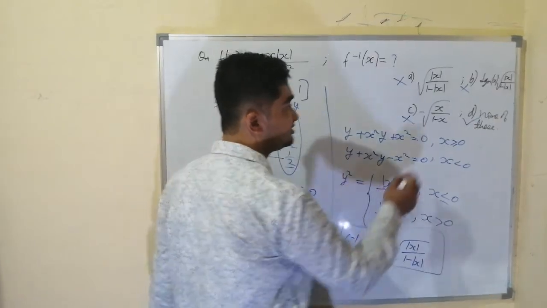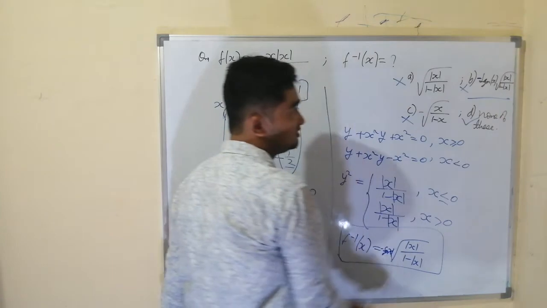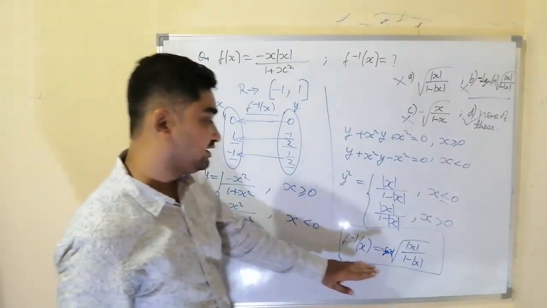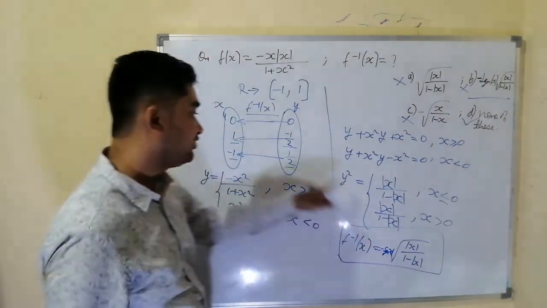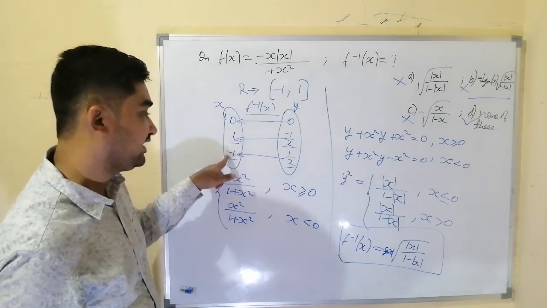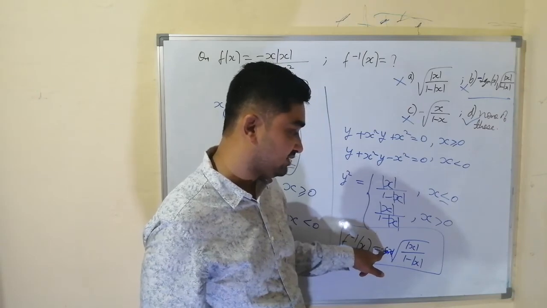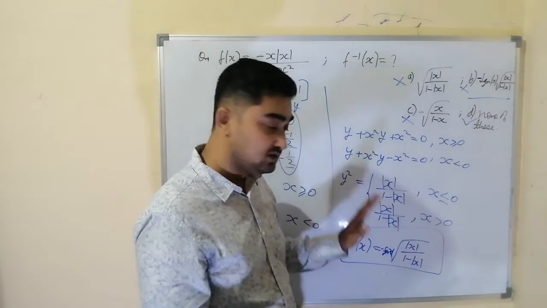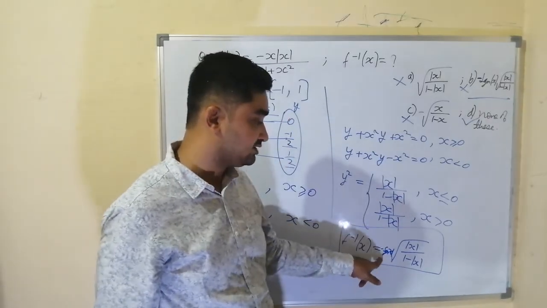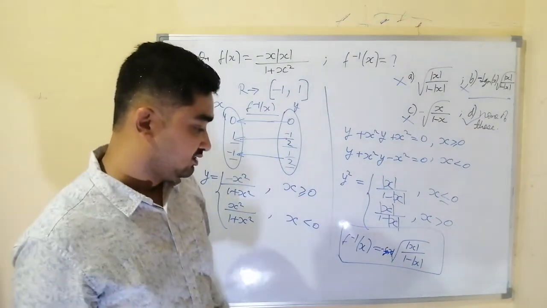Minus sign of x means if here we have minus, then this would have become the correct answer, because sign of x and f inverse x are opposite. So the correct answer is this, and this we can verify from this also. Whenever input is 1 by 2, output should come negative. Whenever input is 1 by 2, this will give us 1, and because of minus of sign x, whatever is sign of x, take negative of that. We are putting input plus, so it will become minus. So minus 1. So this is correct. So this is the answer.